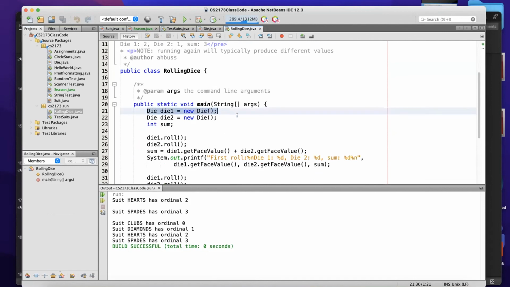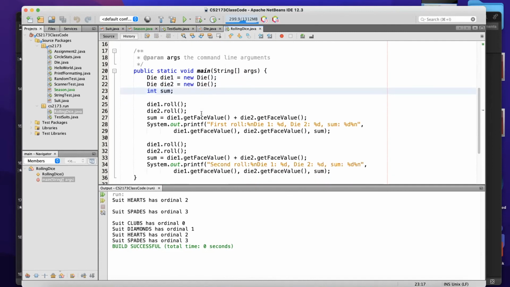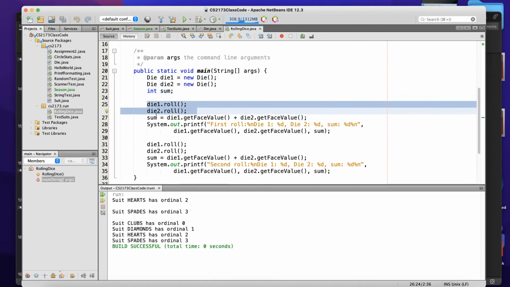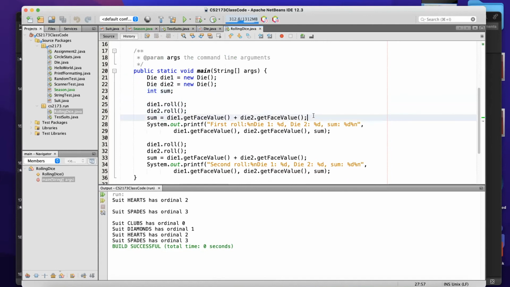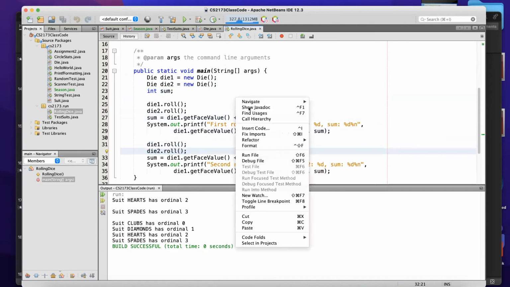We instantiate, in this case, a couple of them. I'm going to have a sum, so here I'm rolling 2 dice. I roll them both, get the sum of their 2 face values, and then print what that is. And then I roll them again and do the same thing. So when I run that,